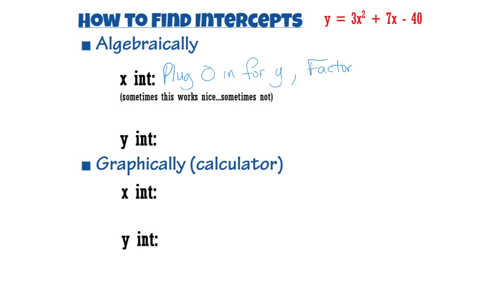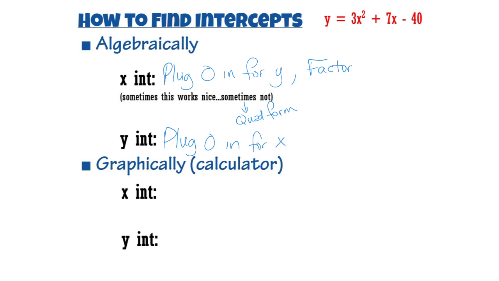All right, so hopefully it'll work out nice, but we all know that not everything factors. If it does not factor, you might get to do the quadratic formula to find the x-intercepts. That just means that they don't cross at a nice integer on your x-axis. Now, you plug 0 in for y to get your x-intercept, and you just switch it around. You plug 0 in for x